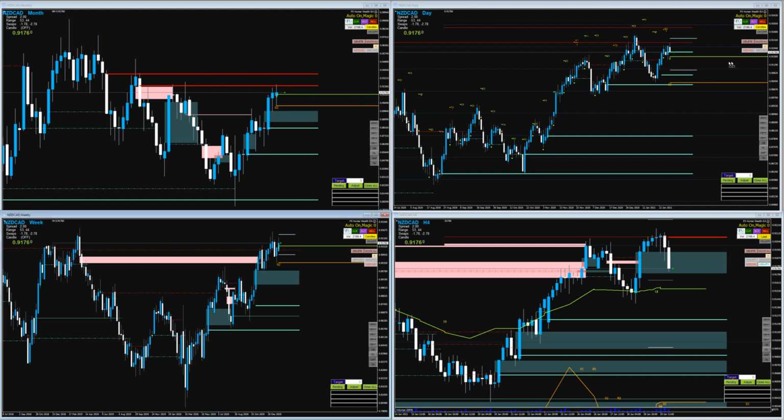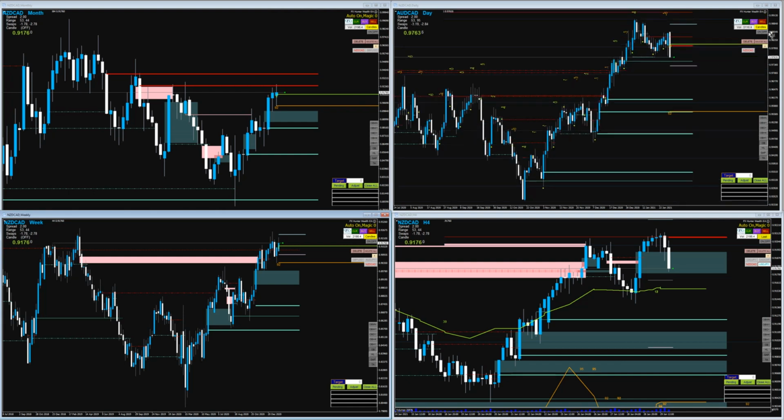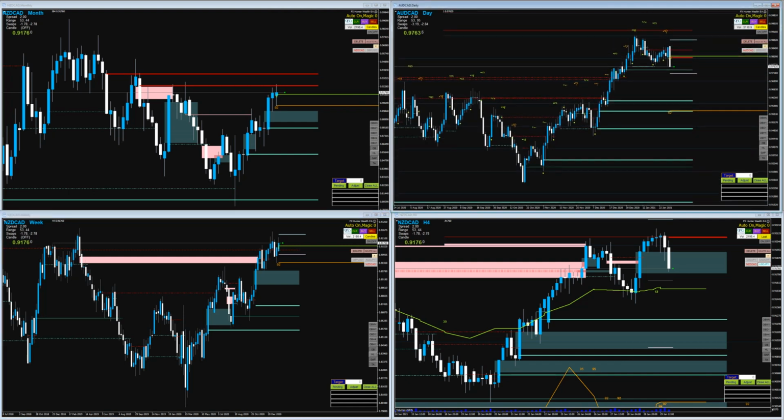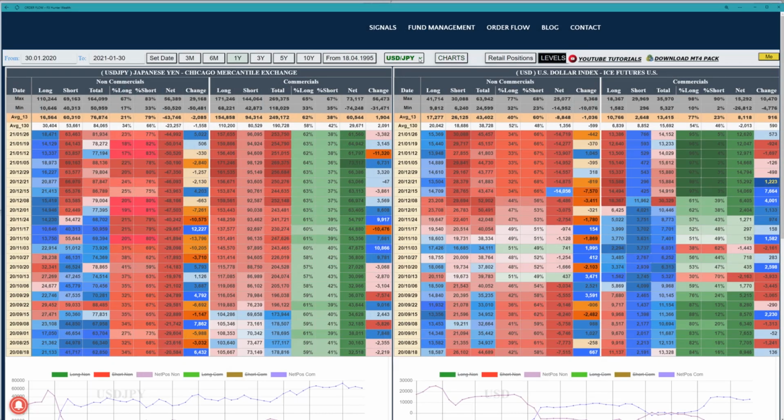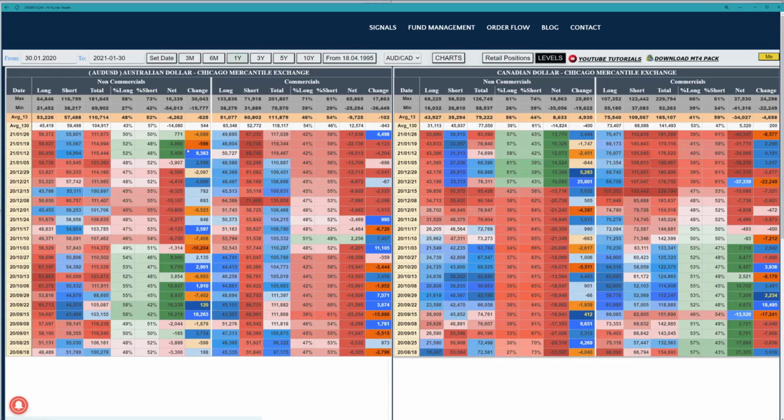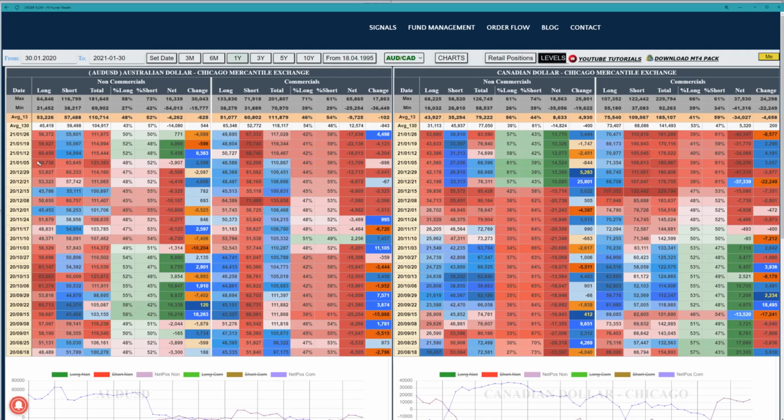Another CAD pair is going to be Aussie CAD. We are seeing it's already happening in here, right? Aussie is very similar to the Kiwi, as we said. We are seeing on the Aussie CAD this profit taking. Let's check this, right? So Aussie is taking the profits, not so bullish as it was, minus 5k. Here is the CAD plus 3k, right? So that's exactly opposite. Everything works perfectly for trading this pair down.